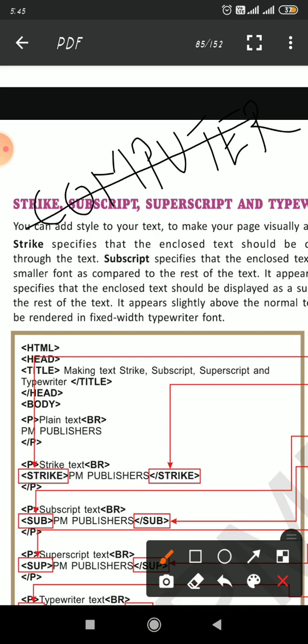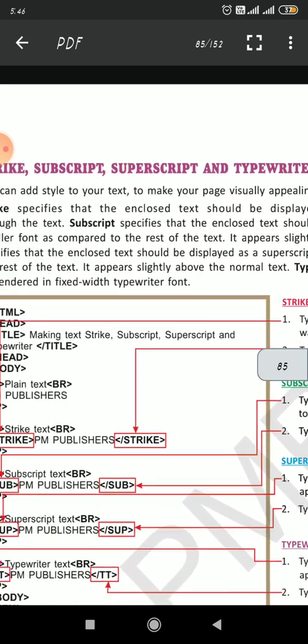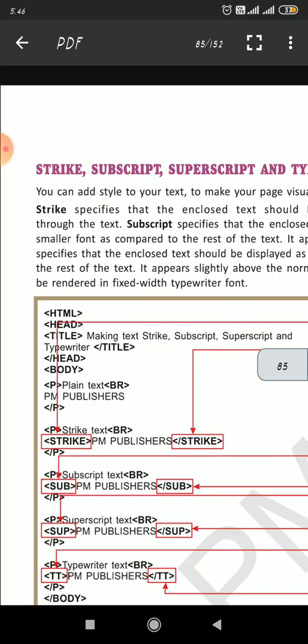So this is striking, okay? On your text, this is striking. A horizontal line is drawn on your text. Enclosed text should be displayed with a horizontal line striking through the text.